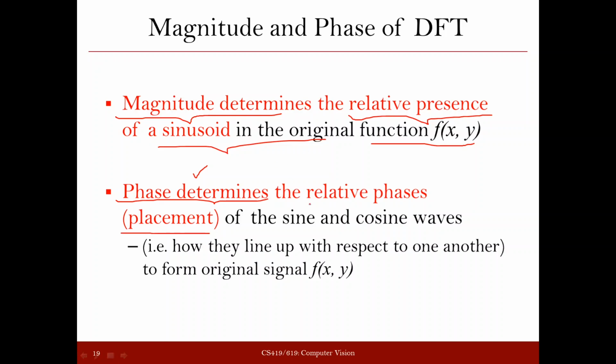So it tells you the relative placement. When you are combining, let's say, one sine and another sine, how they need to be relatively placed is going to be determined with the help of phase, and with the help of magnitude you are going to determine which sine wave or cosine wave needs to be given more weightage or less weightage. So magnitude tells you the relative importance, relative presence of the sine and cosine waves, and phase tells you